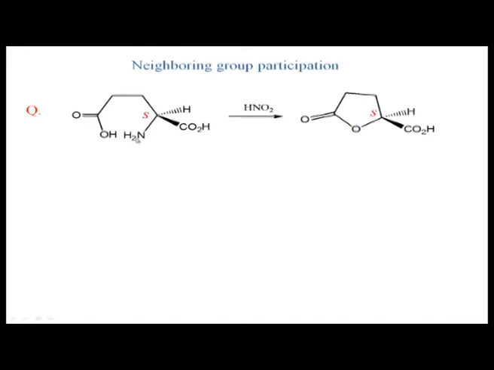Okay. So, basically the reaction is virtually the same. This is replaced by OH, but since this hydroxy and the carboxylic acid are together and this is an acidic medium, there will be acid catalyzed esterification. You can think in that fashion. Okay. Actually, the mechanism is not like that, that this is just replaced by OH coming from the back side. OH means OH from water. Okay. Because if you look at the configuration, this is S and the product, that is also S, that means there is retention of configuration.